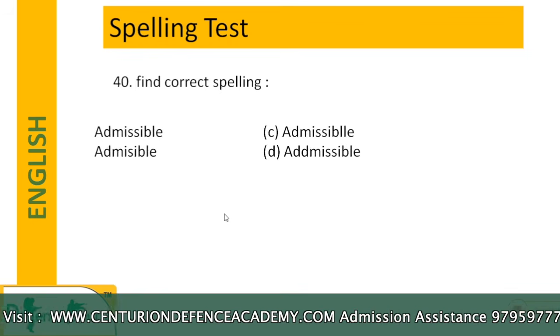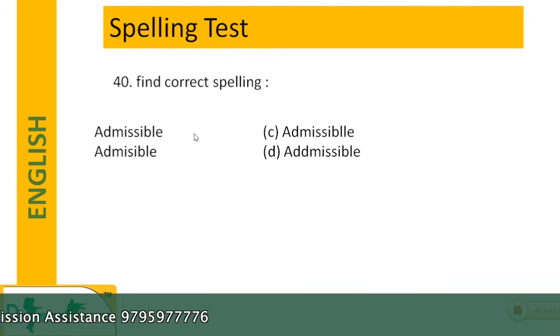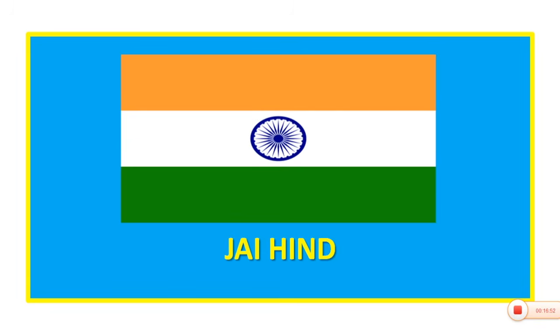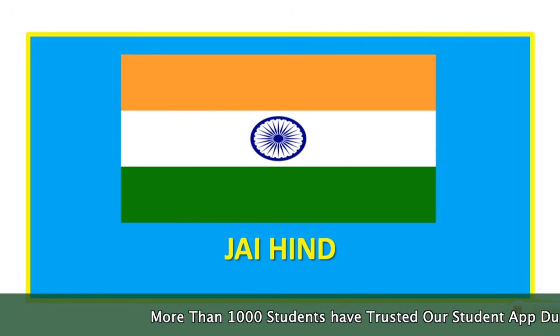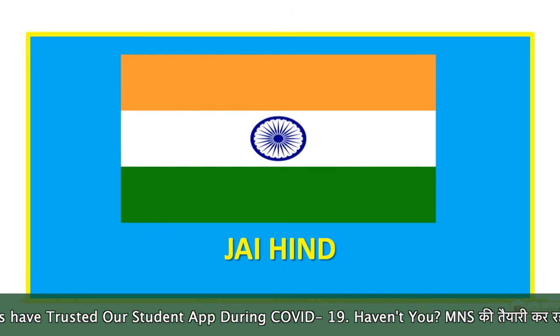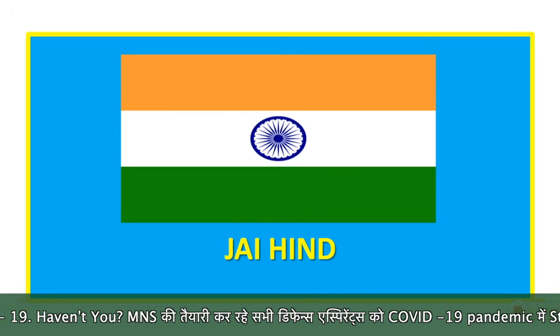That is autonomous. And admissible, A-D-M-I-S-S-I-B-L-E. Option A is correct. Admissible. So students, these were the questions of this paper. I hope you have got a clear idea how the paper is going to be framed for you, and it's very important to see the number of questions. I would recommend all students to keep putting effort into model test papers, because that is going to be very helpful for you. It not only brushes up your knowledge, it also gives you cognitive skills.